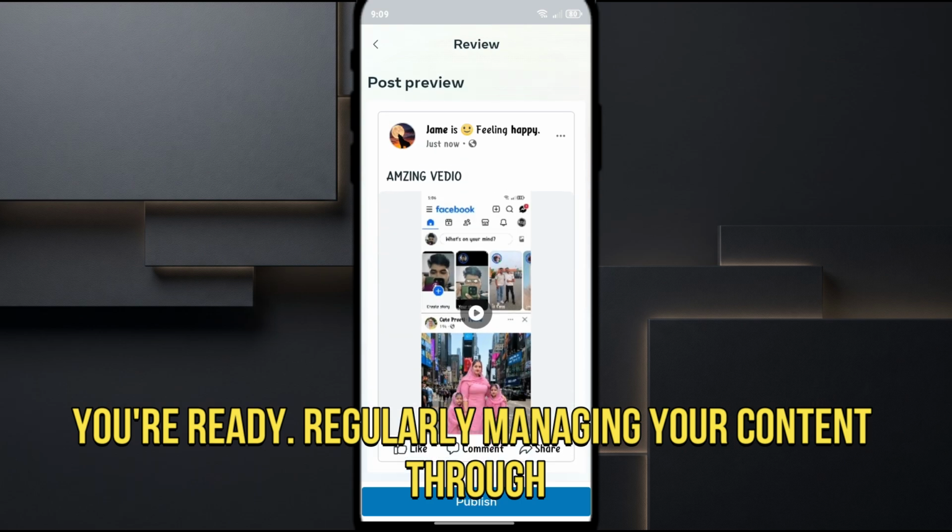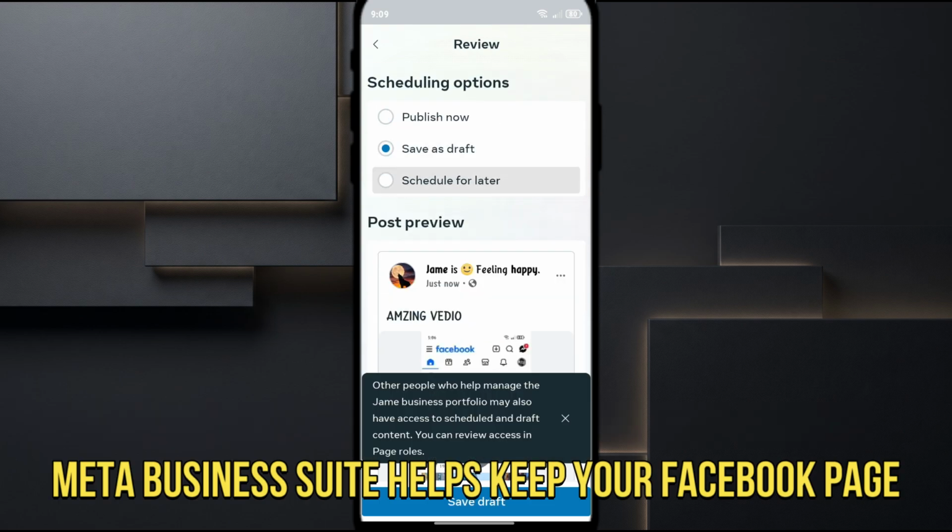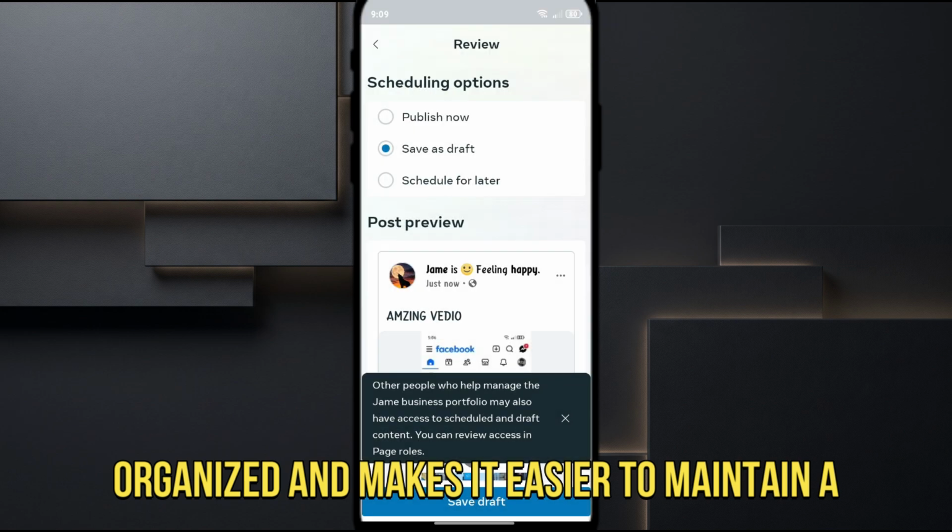Regularly managing your content through Meta Business Suite helps keep your Facebook page organized and makes it easier to maintain